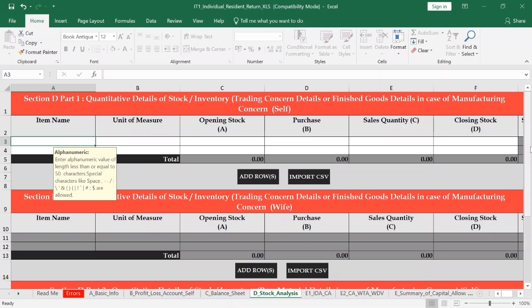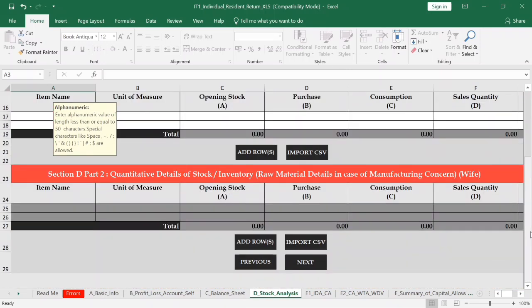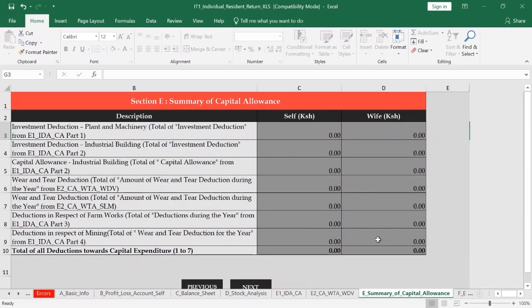So again, this part we are not interested, since we didn't do any manufacturing or something, so we are not going to do anything over there. Over here as well, you don't need to fill anything. Click next. Now here is pin of employer,